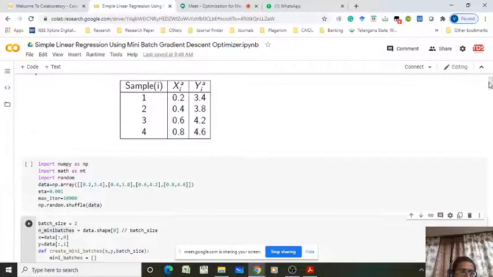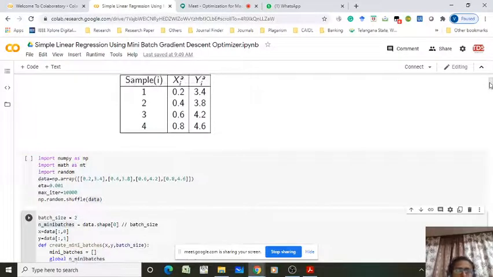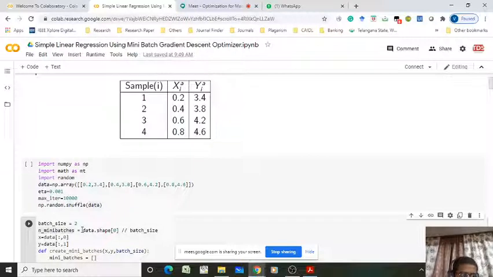Here also we are using 4 divided by 3. Total sample equal to 4, divided by batch size equal to 3. Yes, sir. 4 divided by 3 and we are keeping the 2 forward slashes, so it will give only an integer number. Yes, sir. 1. That means only 1 will reflect. It won't round off to the next value. It will reflect only 1, right?